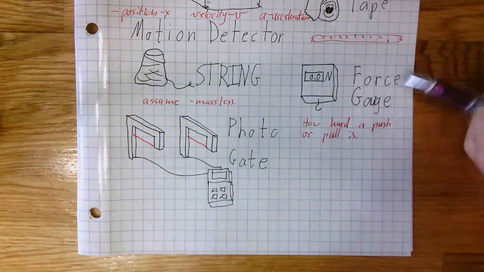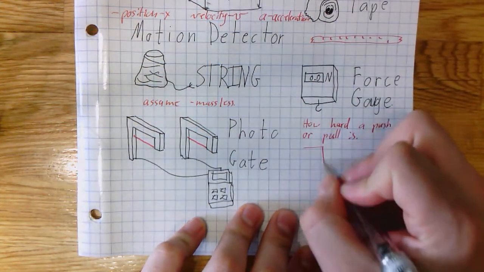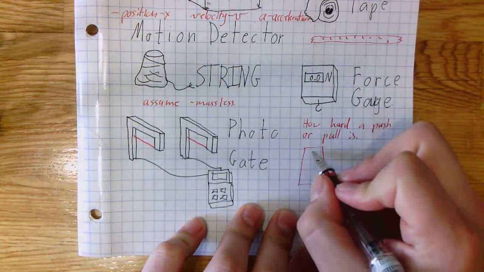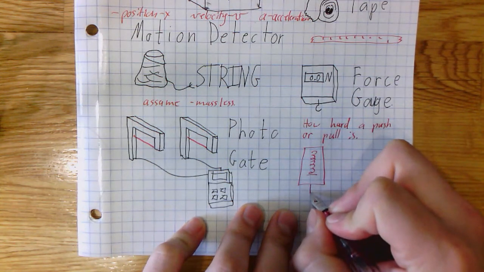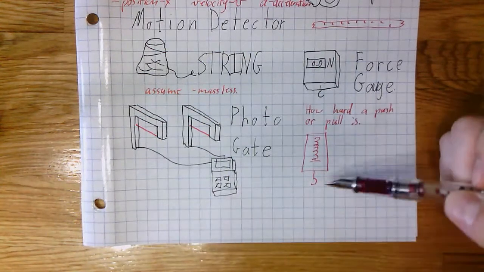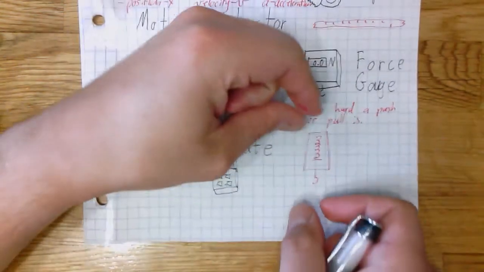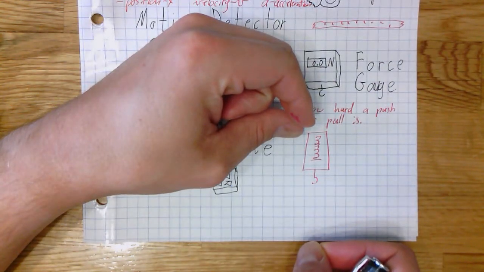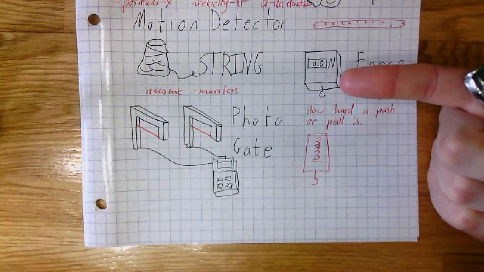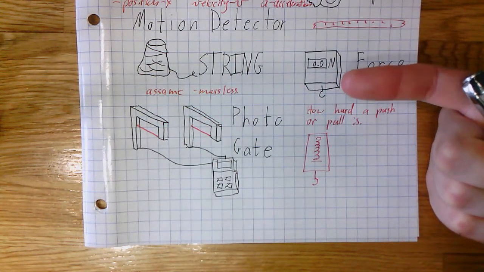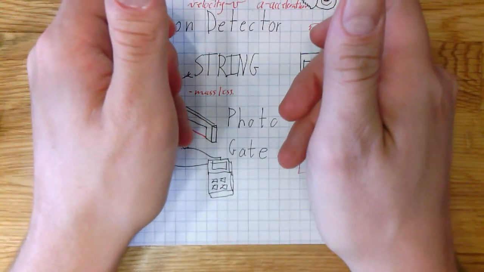You've seen these in my classroom, but they don't look like a box with a little hook on them. They sort of do actually. They look like this, right? They look like a spring scale. So spring scales are kind of force gauges, except with spring scales you can only pull them. You can't push on them. Some force gauges you can get as push force gauges. That's kind of what scales are. Like if you pick up your bathroom scale and you squeeze it really hard,